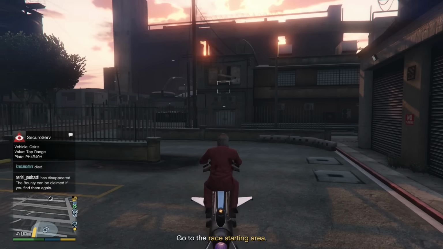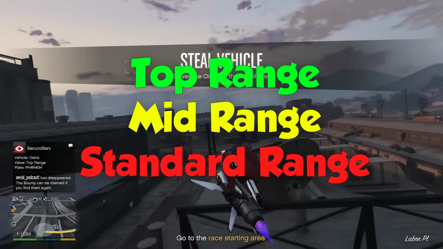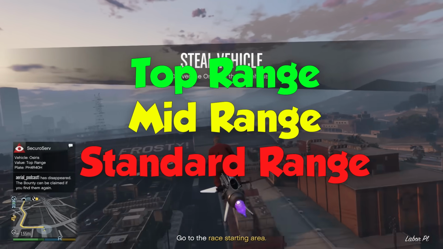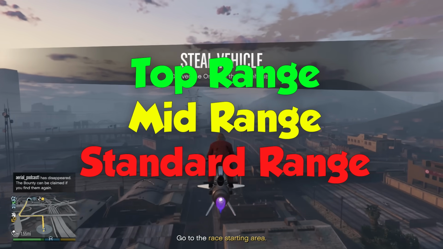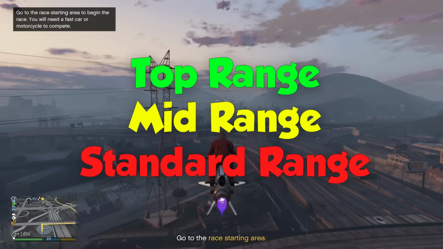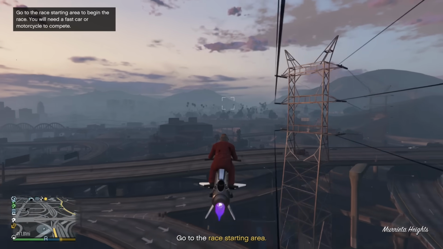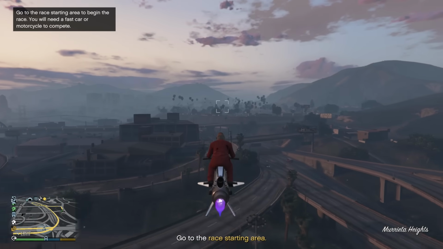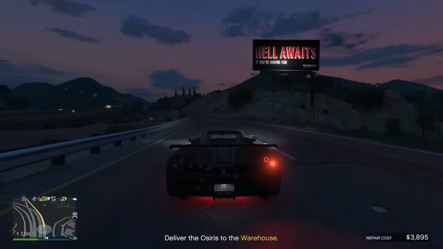luxury vehicle. There's 32 different possible vehicles that can spawn, and they can be broken up into 3 categories: standard range, mid-range, and top range. Obviously, top range is going to earn you the most money, but we'll get into all of that a little bit later when we talk about the selling. But for now, your goal is to go steal the vehicle and return it to your warehouse while taking as little damage as possible. Every time your vehicle gets damaged or shot at, it's actually going to cost you money,